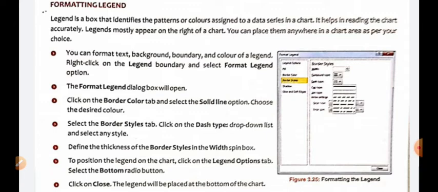Click on the border color tab and select the solid line option. Choose the desired color. Select the border styles tab. Click on the dash type drop down list and select any style. Define the thickness of the border styles in the width spin box. To position the legend on the chart,